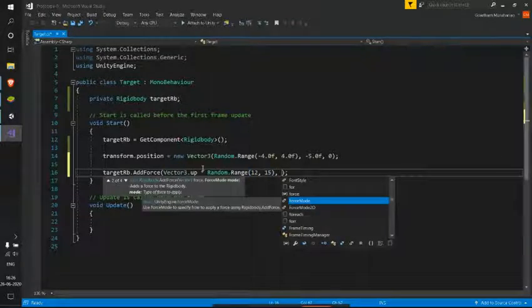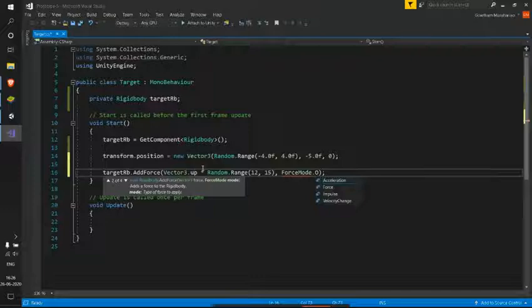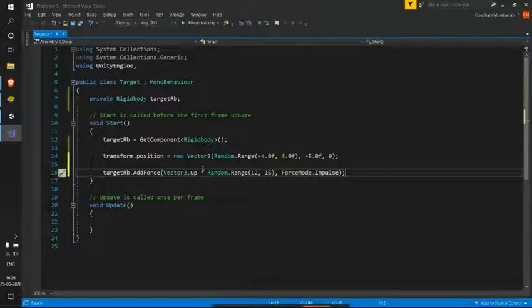And now I'll be giving this force mode as Impulse because I want this to act as a force that's applied instantaneously. So here we are giving the direction as (0, 1, 0), which is upwards on the y-axis.